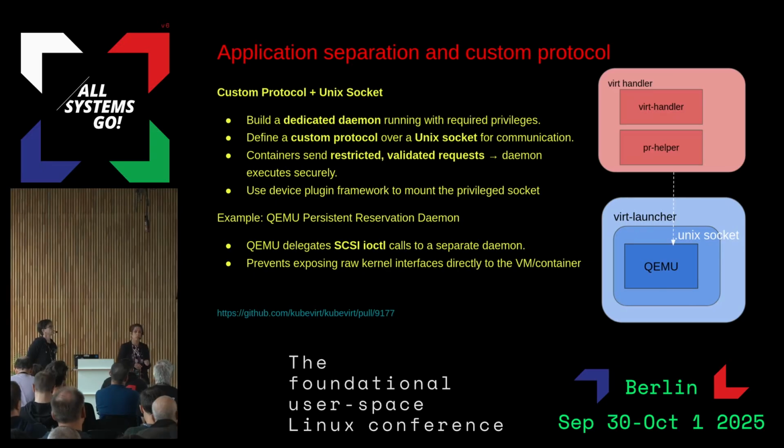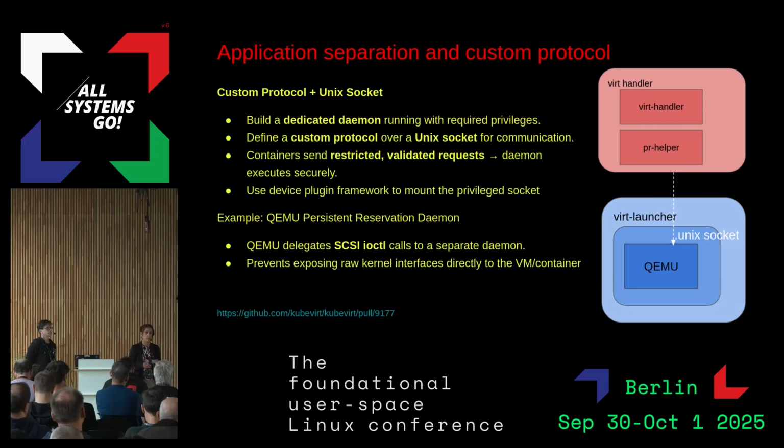This is done, for example, for privileged SCSI ioctls. QEMU has a separate daemon called the PR helper, and this is what we are using in KubeVirt. They talk through a UNIX socket, and QEMU delegates the privileged operations, in this case the SCSI